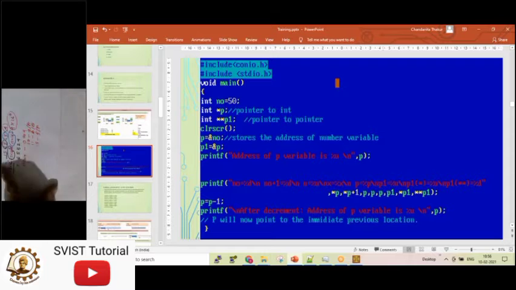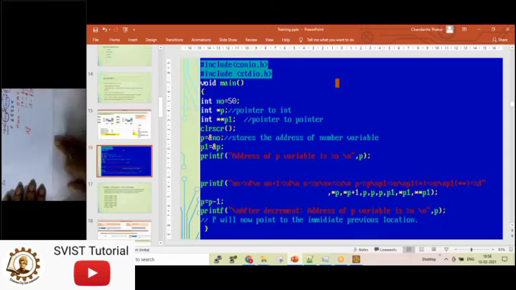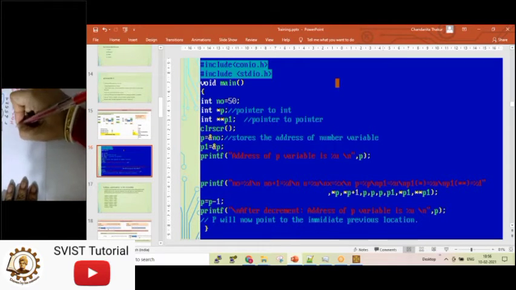When you find a number which consists of small f or capital F, let me take a small number. Suppose the address is coming as AF.